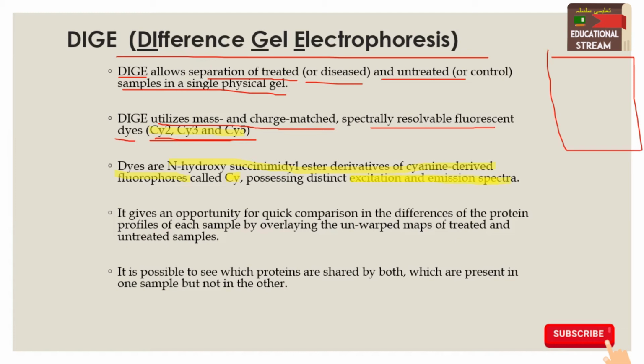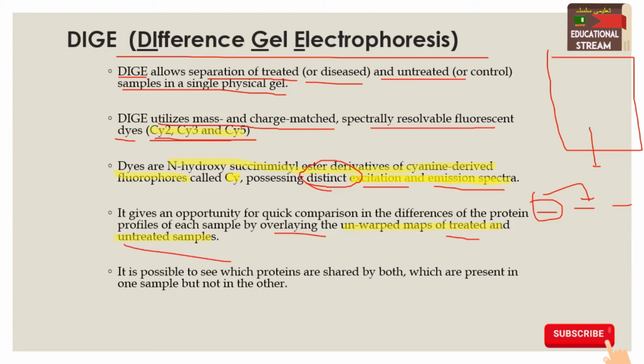They absorb light, get excited and emit light. It gives an opportunity for quick comparison of the differences in the protein profiles of each sample by overlaying the unwarped maps of treated and untreated samples. If we are running the same gel, we take images for all the Cy dyes according to their excitation and emission spectra. So from the same gel we take 3 images for the 3 dyes, and then these images are overlaid on one another,